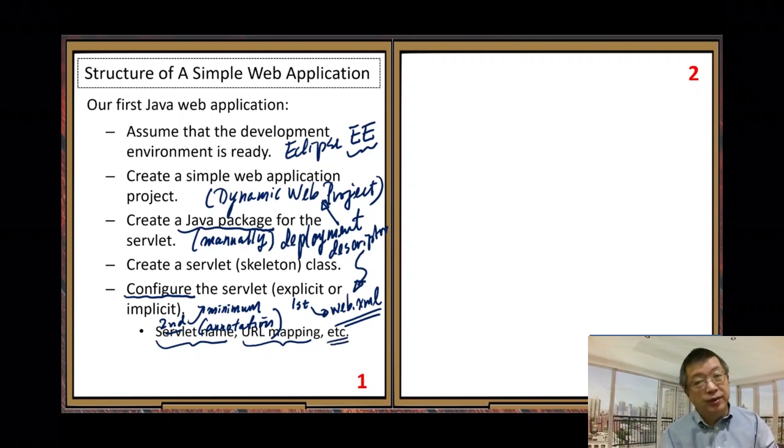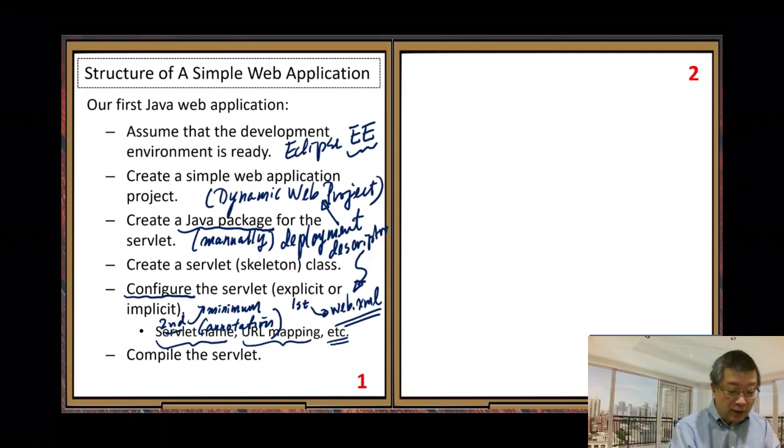Sometimes we need to put some parameters, and some more information we may need to put there. All right, that's this step. Next step, then compile the servlet. Java code, you need to compile it, right? You need to compile it, but in Eclipse,